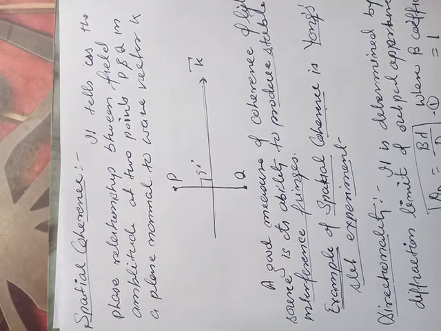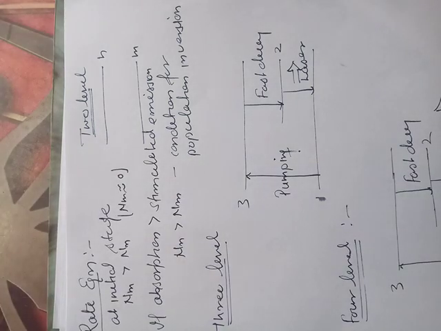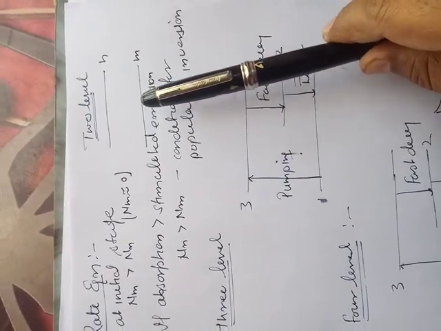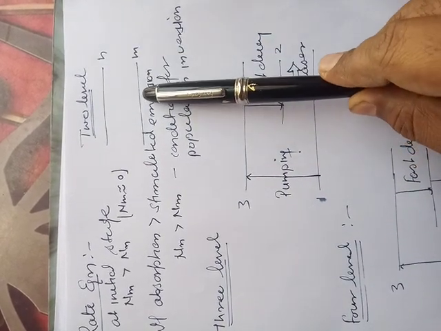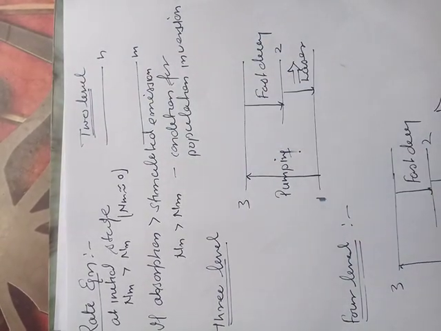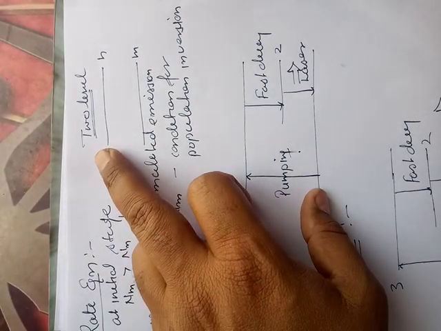Here we have discussed the different properties of the laser. Now the next topic is about rate equation. Rate equation can be explained by different situations. First situation is the two level laser, in which the lower level is the ground state and the upper level is represented by n2, known